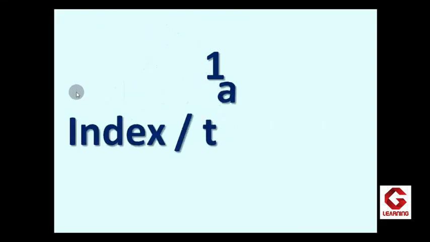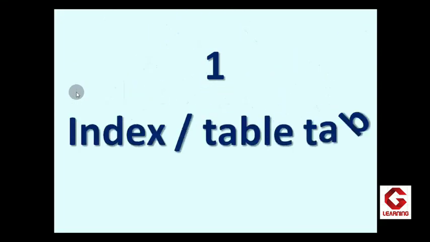Now next, you have seen that in the insert index table window 5 tabs are there. So I'm going to explain the options available in all the 5 tabs, or what is the purpose of each tab in the insert index table window. The first tab is the index table tab. So now I'm moving to the OpenOffice Writer document to show you the function of all the options available in the index table tab.